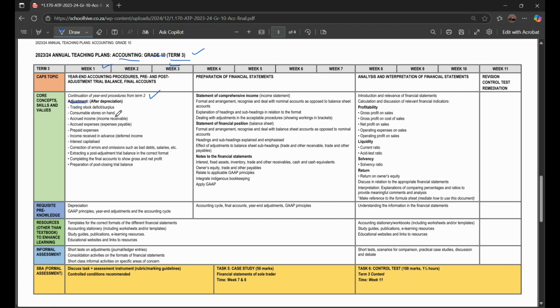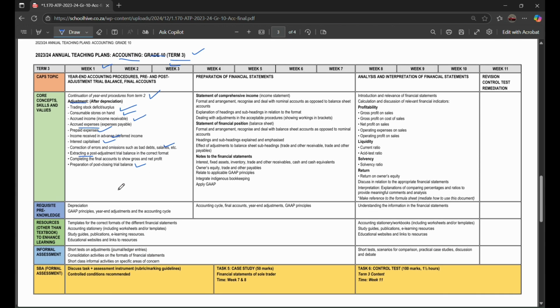Trading stock, deficit and surplus, consumable stores on hand, accrued income, accrued expenses, prepaid expenses, income received in advance, deferred income, interest capitalized, correction of errors and omissions such as bad debts, salaries, etc., extracting a post-adjustment trial balance in the correct format, completing the final account to show gross and net profit, preparation of post-closing trial balance,